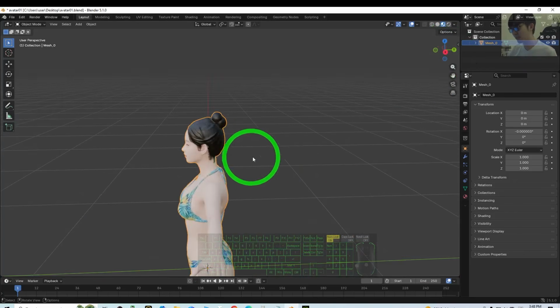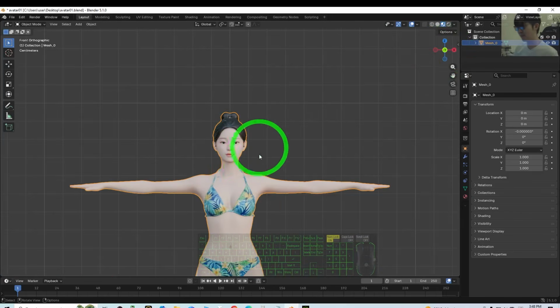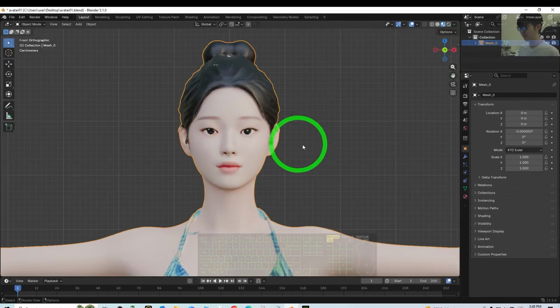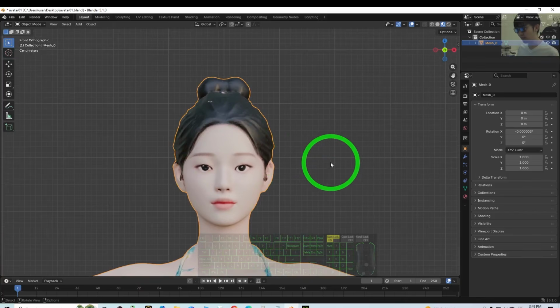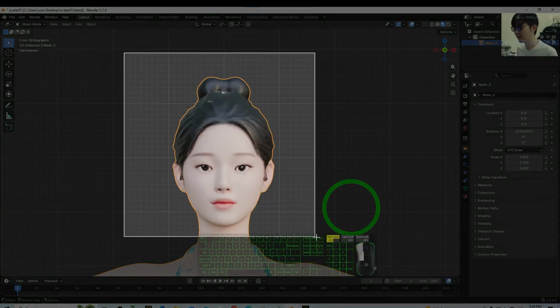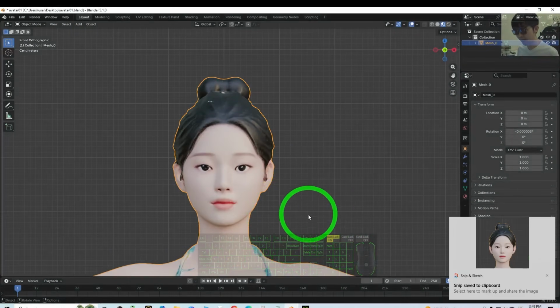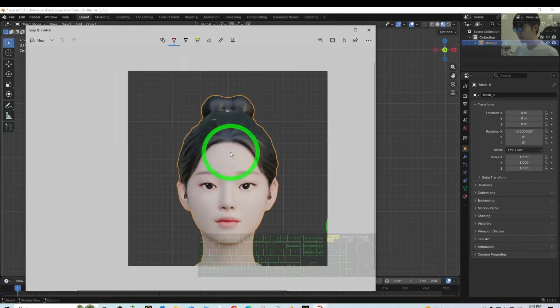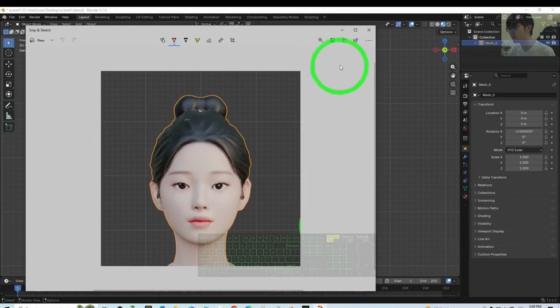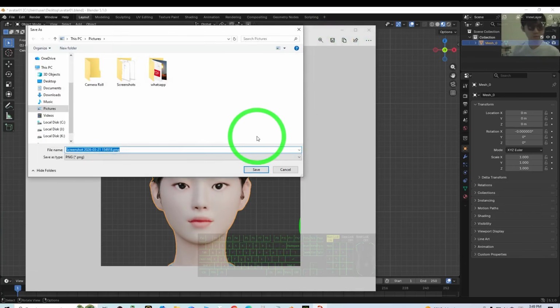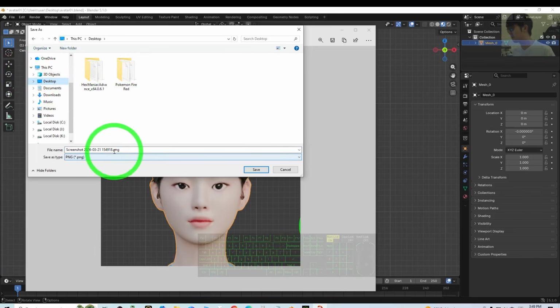First, you just need to click here to let her face the camera, and then we are going to take a screenshot. Windows Shift S to get a screenshot. Once you have a headshot screenshot, you need to save it first. We need this picture, and we are going to give it to AI first. So I'm going to save it on my desktop. This is a screenshot headshot